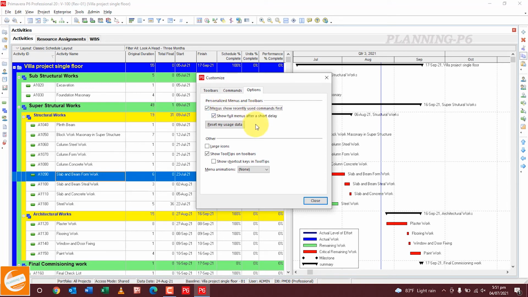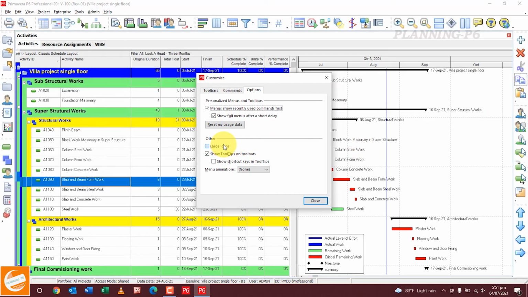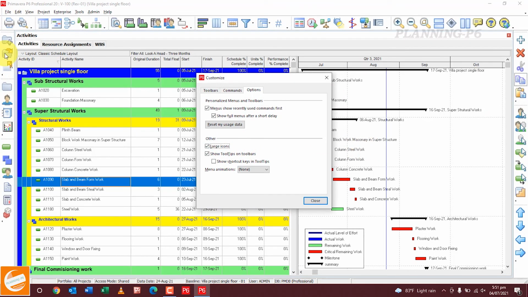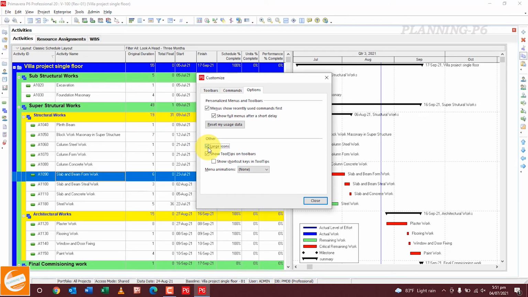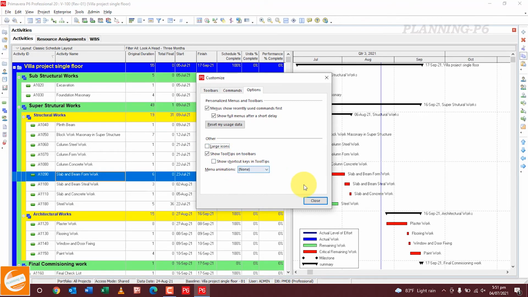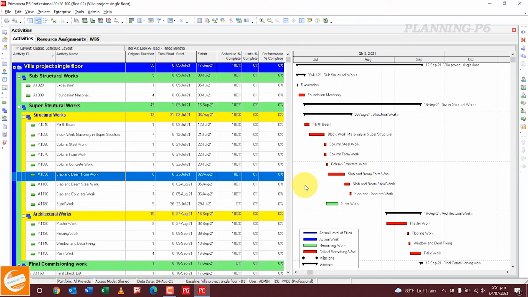If you want to see them first, then you can reset my usage data from here. And if you want to see all these icons in large size, you can just click here. You now see the large icons here. If you have any problem, you can show them as large icons like this one, and close it.